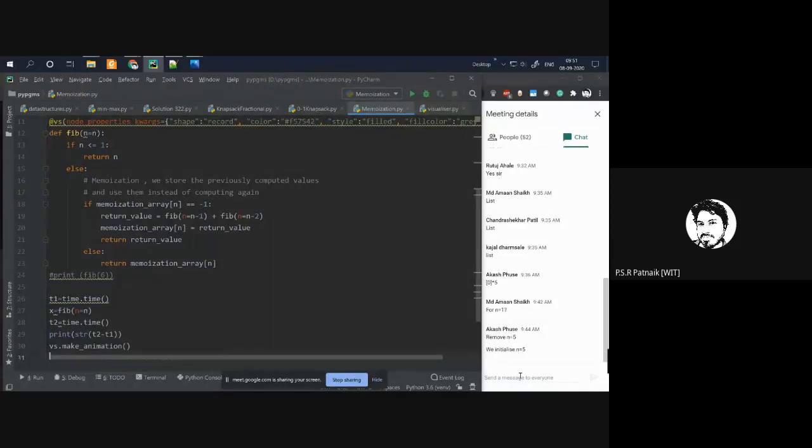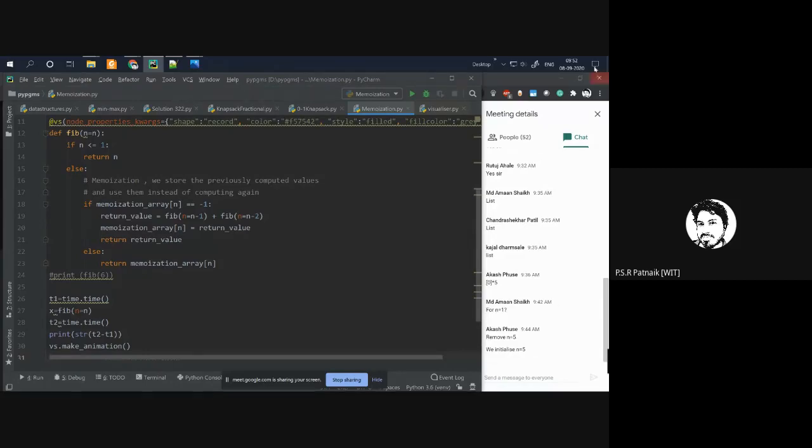That completes solving 0-1 knapsack by using dynamic programming with memoization, and that approach will be called the top-down approach. Once you understand that approach, then we will move to the bottom-up approach. Maybe we'll see the bottom-up approach in tomorrow's lecture.